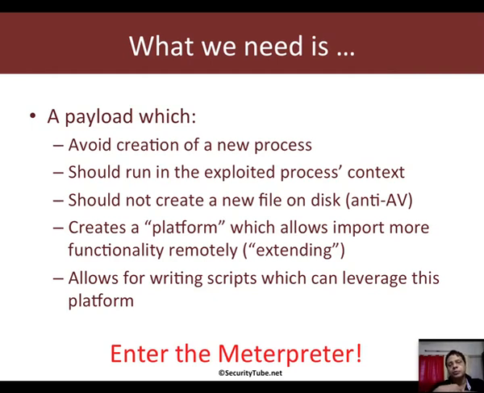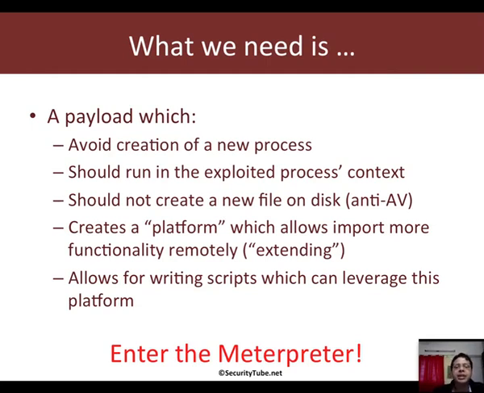Second, what this basically means is it can somehow run quietly in the exploited process's context while still allowing the exploited process as much as possible to run as usual, right? Third, it should not create a file on the system, because this is a big red alarm for your antiviruses